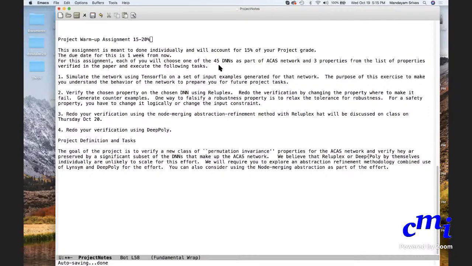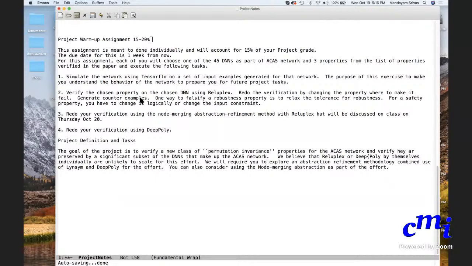I would encourage you, although I've left it to you to pick which scenario you want to choose, don't all just do the same. If you know your friend is picking one, you may want to try another. But it's up to you. So simulation is one thing.